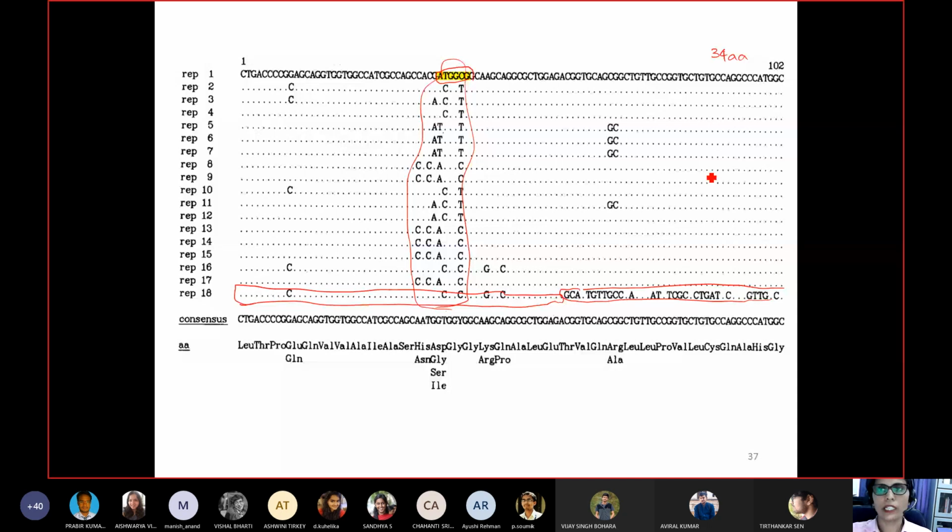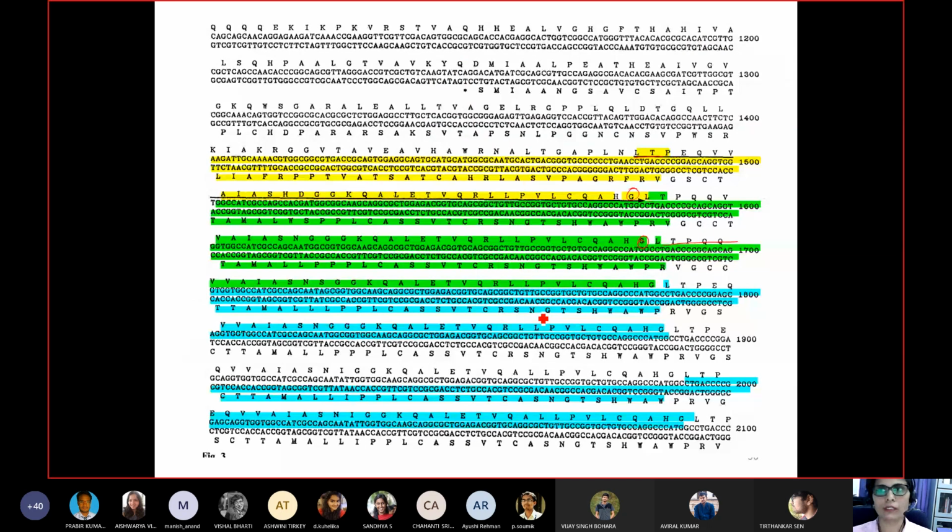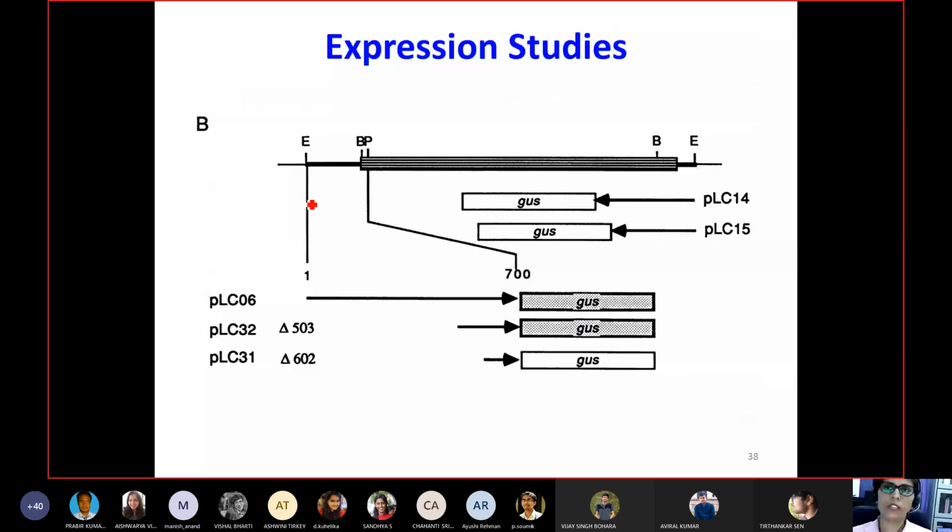So what they did next was that several ORF regions were generated, that means whether it is producing from the right direction or from the left direction. In plant systems, they majorly have something called the GUS system. These days we also have GFP and other kinds of reporter systems, but earlier people prominently used the GUS system, which is glucuronidase based, and upon X-Gal substrate, it gives you a blue color.